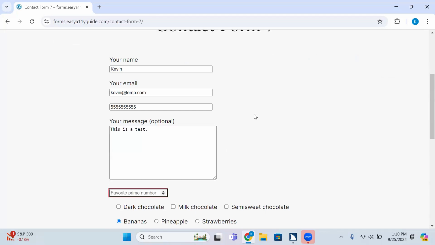Favorite prime number, edit spin box. Blank. To set the value, use the arrow keys or type the value. What's it? Oh, just 1. I guess 1. Yeah. Okay. I was like, wait, what is that? Dark chocolate checkbox not checked. To check, press space bar. Yeah, I'm making a selection for something, but I don't know what.